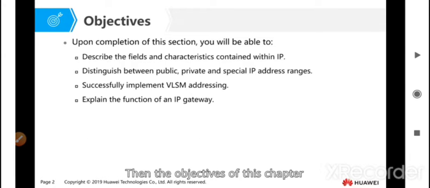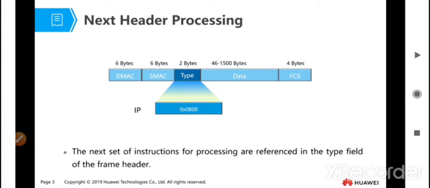The objective of this chapter is, first, we discuss the functions of the IP protocol. Then we discuss the IP address and its types. There are different types: public, private, and some special IP addresses. Then we discuss VLSM, the variable length subnet mask, and then the function of the IP gateway. And first,